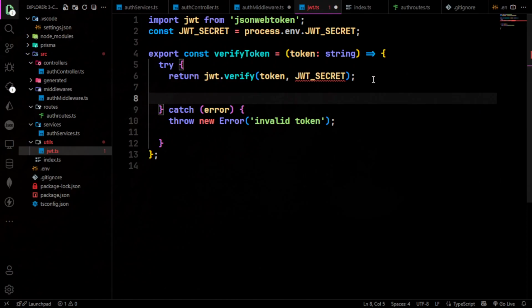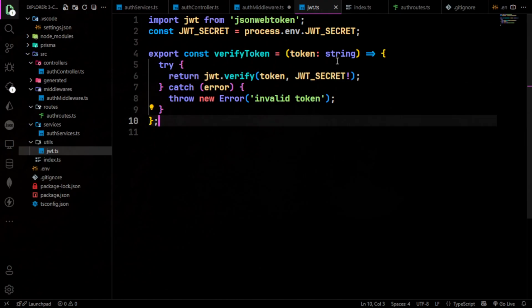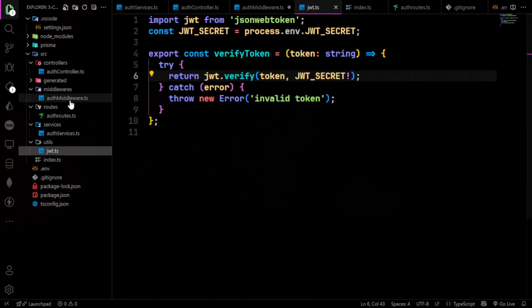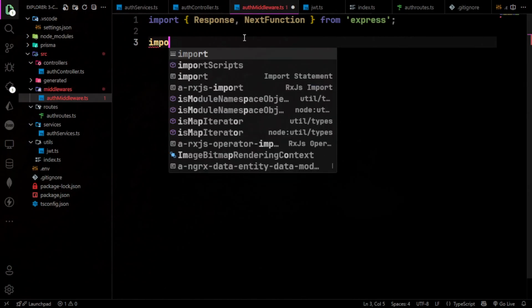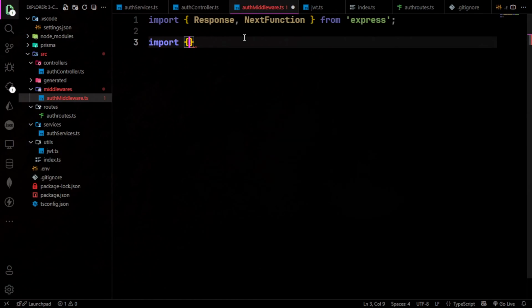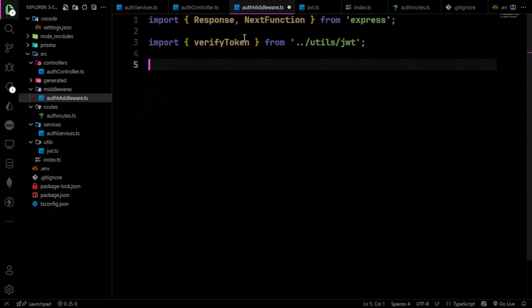And also I have to give null check operator here. I have previously explained why we are giving null check operator here. So JWT.verify(token) will decode and check whether the token is valid or not. So in the auth middleware.ts file, we have to import the verified token from the utils JWT, and then class AuthMiddleware,